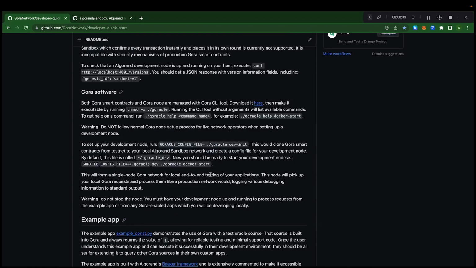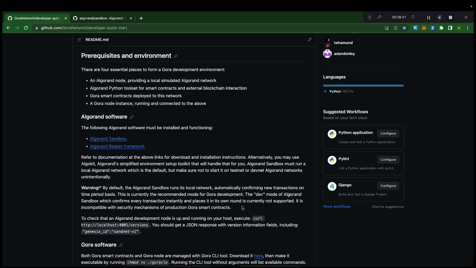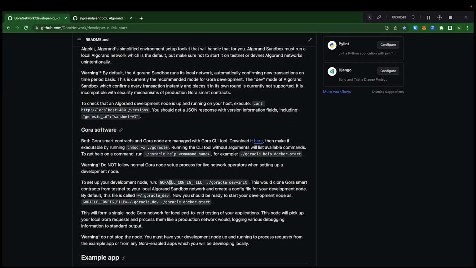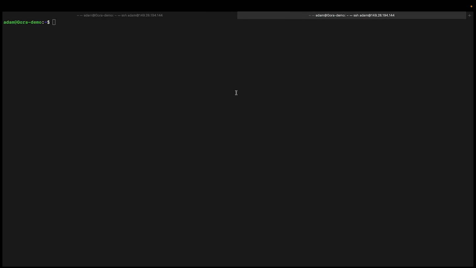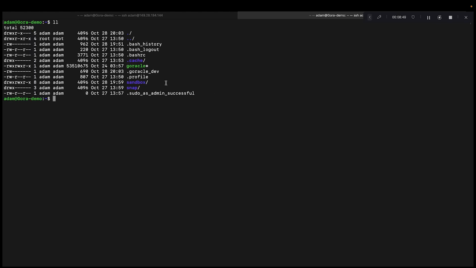So to review, we have pulled in and started Sandbox. We have pulled in and started our Goracle binary. Oh, before I move on, I want to list out and show that upon the init process, I should have covered this when I did initialization, the .goracle_dev file was created.